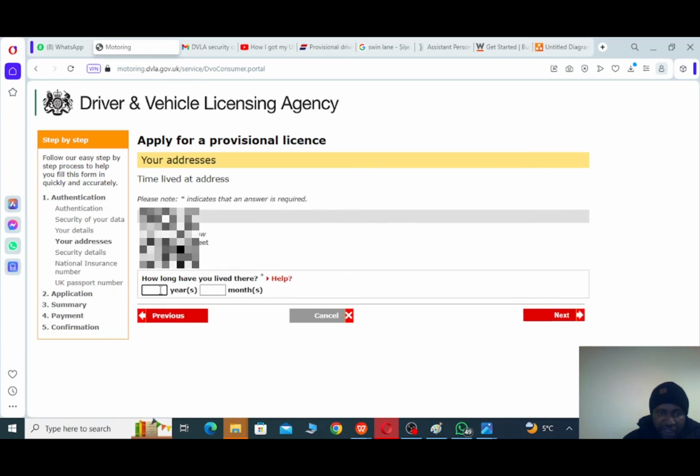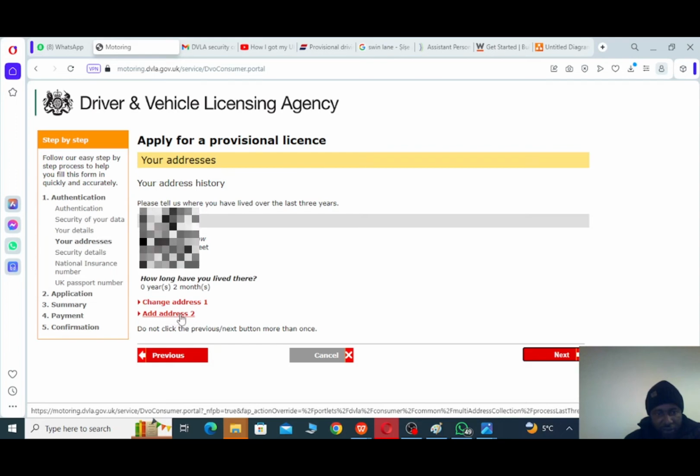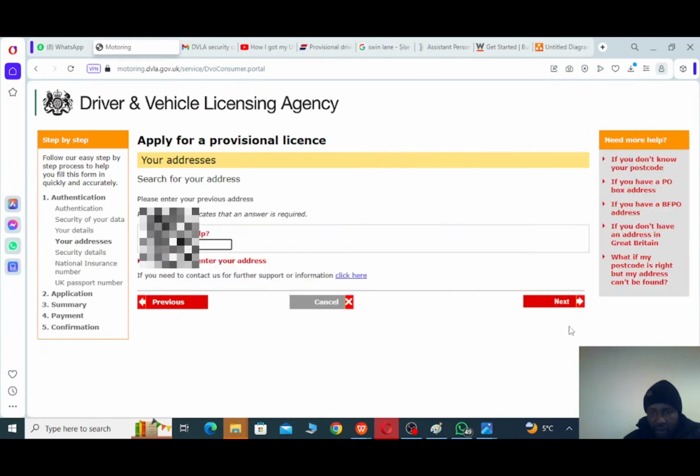So at this stage again, they want you to provide the duration you lived in this address, your current address. So I'll put that in and I'll click next. At this stage now, they want you to provide your last addresses for the last 3 years. So I've provided one. I need to provide the next one. So I'll click on add address, and I'll click next